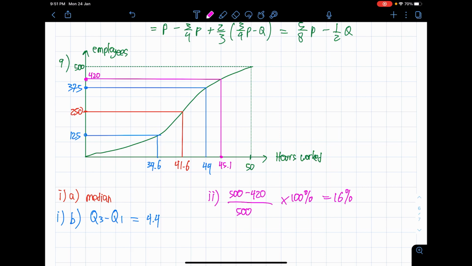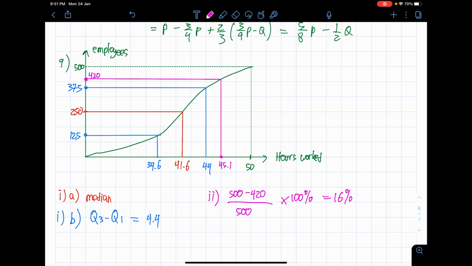Next, the company wants to reduce the working hours by 3. Describe the effect of the change. Everyone will reduce the hours of work by 3 hours. So to speak, those who are actually working very hard, 50 hours a week, will only work for 47 hours. Every single one will reduce by 3. Of course, I don't think those who work 0 hours will become negative 3 hours. I don't think that's the context of the question.